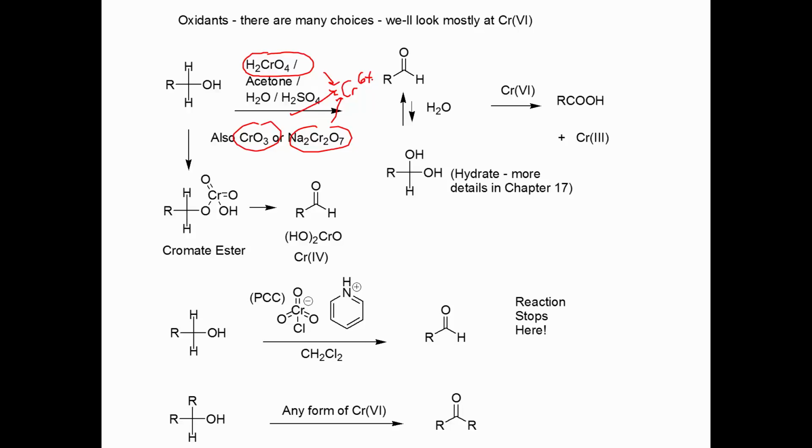Okay, so if you oxidize a primary alcohol with these reagents, you do not get the aldehyde, but you get the carboxylic acid as your product. Let's look at the mechanism here. The mechanism involves taking chromic acid and making the chromate ester here. We then